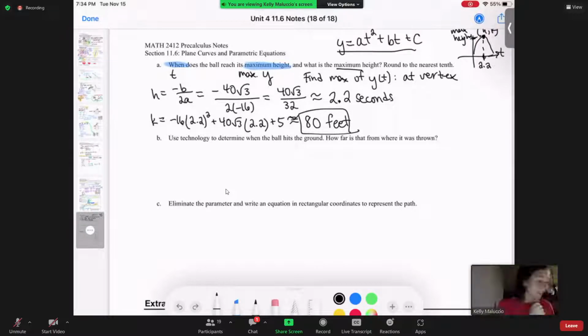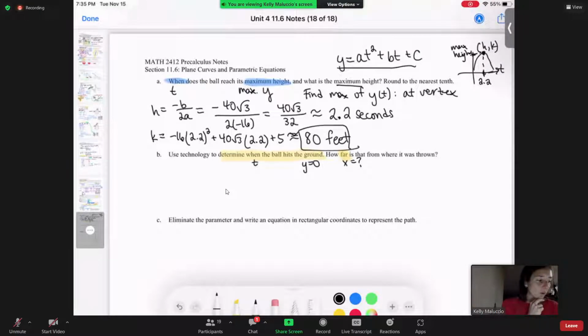Now part B is asking, use technology to determine when the ball hits the ground. How far is that from where it was thrown? Okay, so again, what are we looking for? When is t, ball hits the ground is y equals 0, and how far is x equals what? So they're asking for a lot, well, sort of a lot here, but the y equals 0, all we have to do, so because if we're assuming,